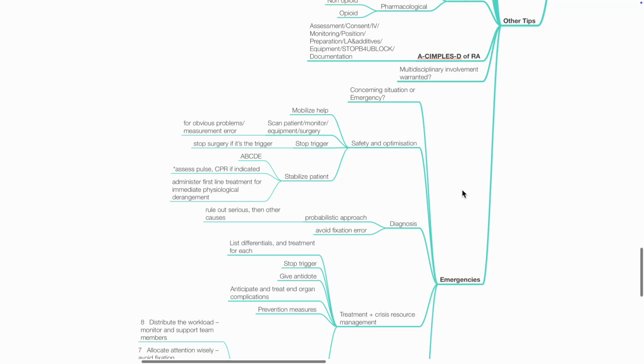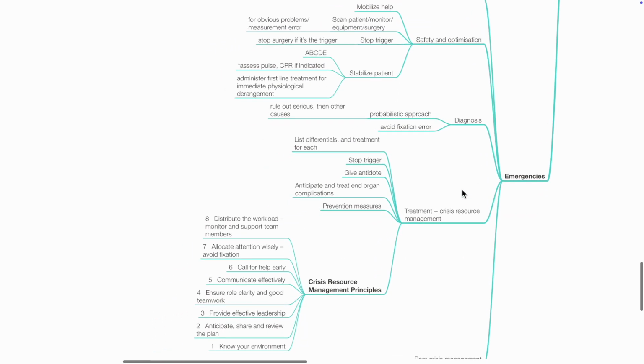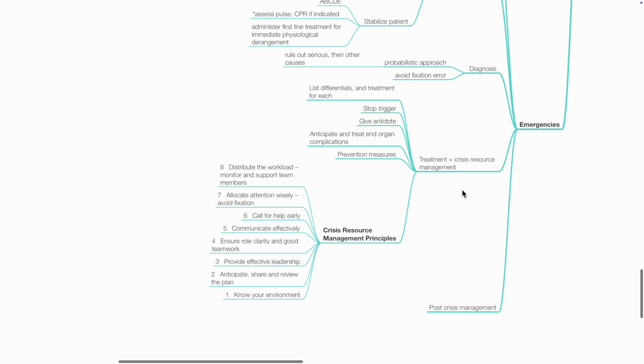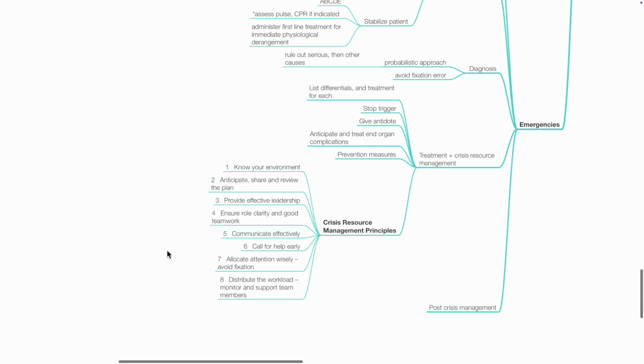Diagnosis should follow a probabilistic approach. Rule out serious causes followed by other causes. Avoid fixation error. Apply treatment with crisis resource management principles. List the differentials and treat for each. Stop the trigger. Give antidote. Anticipate and treat end organ complications. And apply prevention measures. Principles for crisis resource management includes: know your environment, anticipate, share, and review the plan, provide